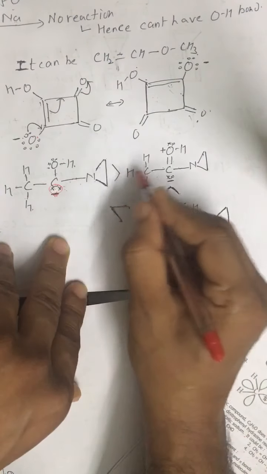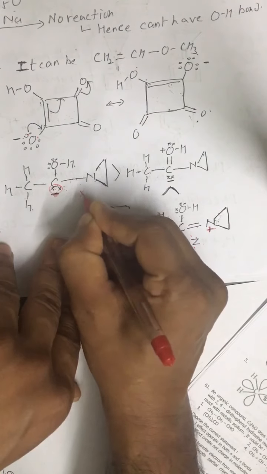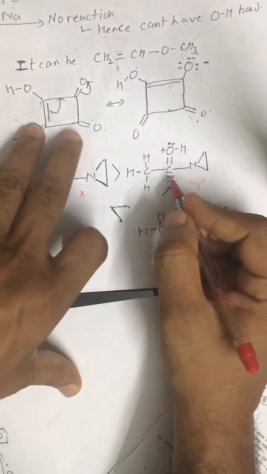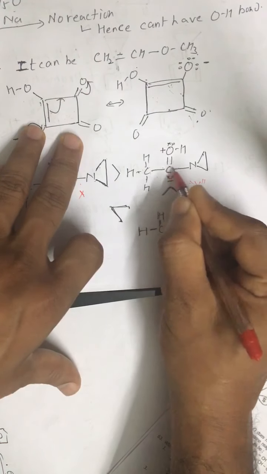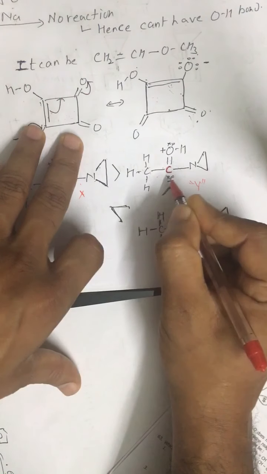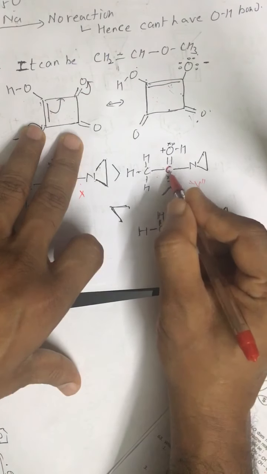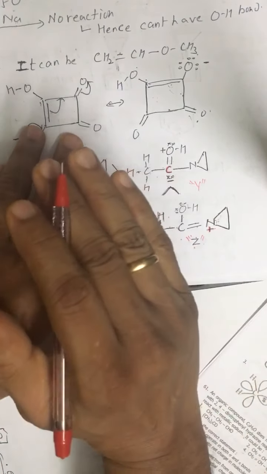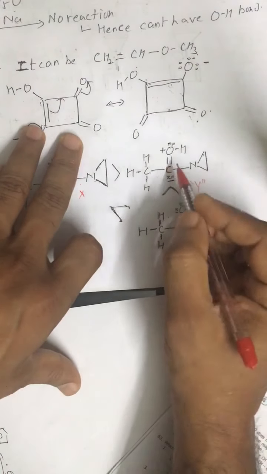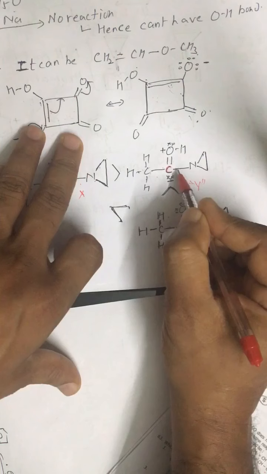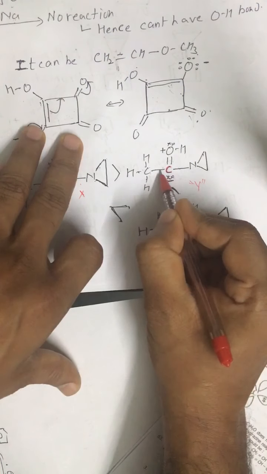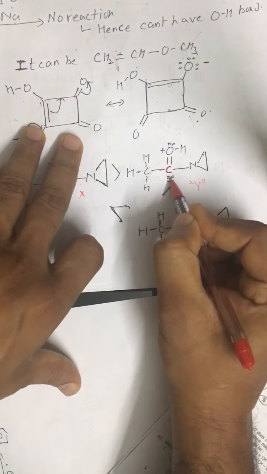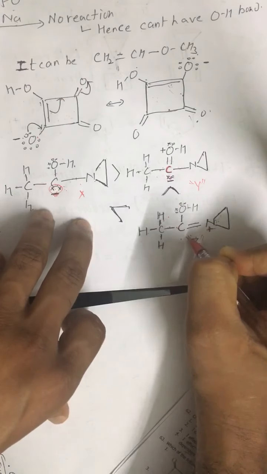Now let us compare X and Y. This is the X structure, this is Z, and this is Y. Now in the Y structure, the problem is, look at this carbon atom. This is negatively charged and it has an expanded octet. These kinds of structures are considerably less stable because of the expanded octet. 2, 4, 6, 8, 10. 10 electrons are there. Point is clear. So that is why this structure is least stable. Okay, so this one is more stable.